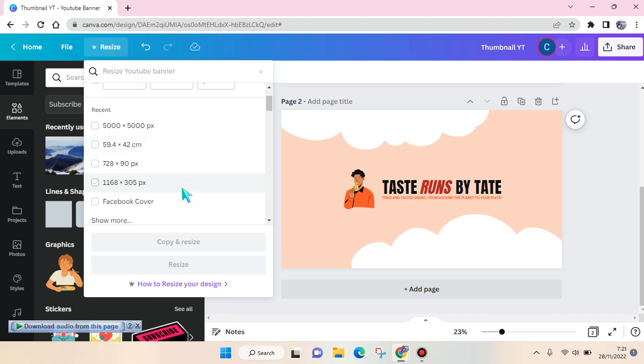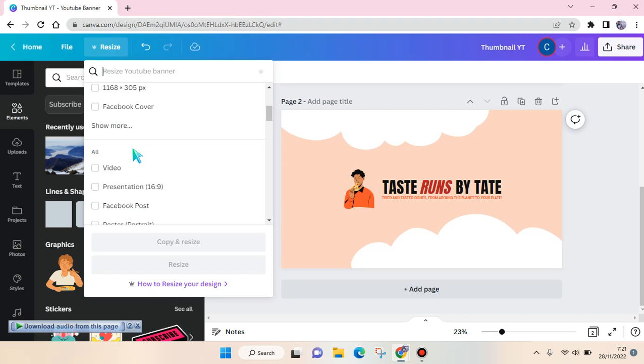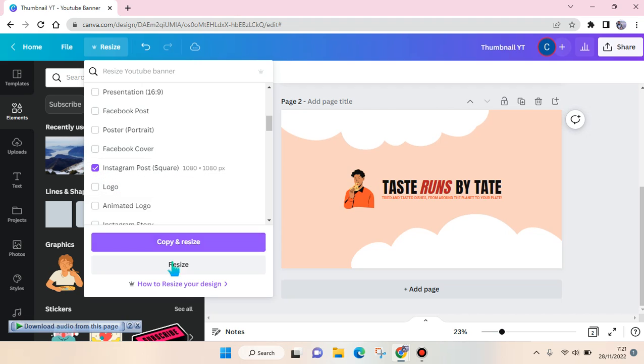and here you can see there are so many. You can use the custom size, or you can also use your reason format, or if you scroll down you can see there are a bunch of format that you can choose. Because square is like an Instagram post, I'm going to just click on this and then click on copy and resize. You can copy the design and then resize it, or you can just do the resize here, but I'm going to just copy and resize, and after that a new design will be open like this,